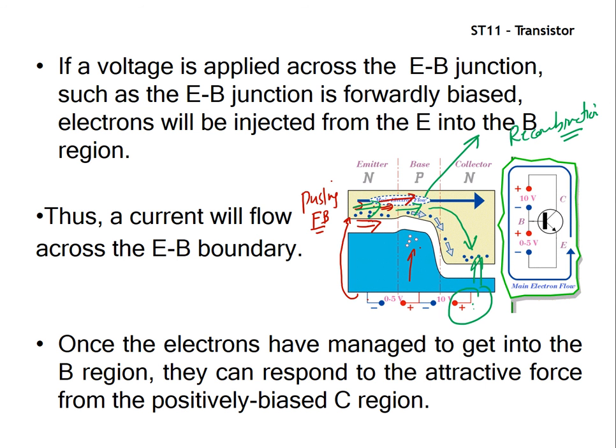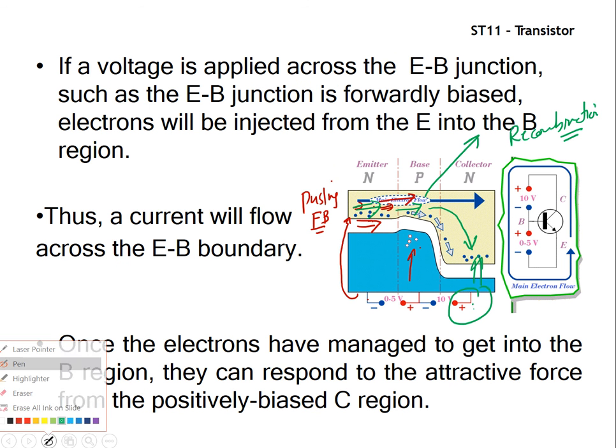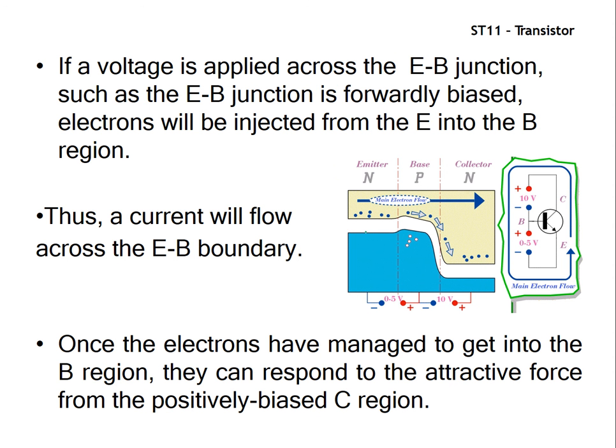So basically what is happening here is that the electrons which are being pushed by the forward bias operation of this junction are being attracted towards the collector. So this is the flow of the electrons. Basically the electron current will start flowing, from negative to positive. The electrons are moving from this junction to the collector junction. So the current will start flowing in this case.